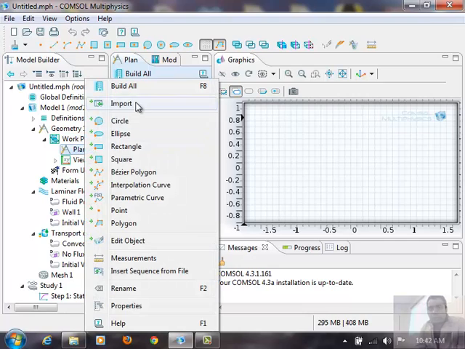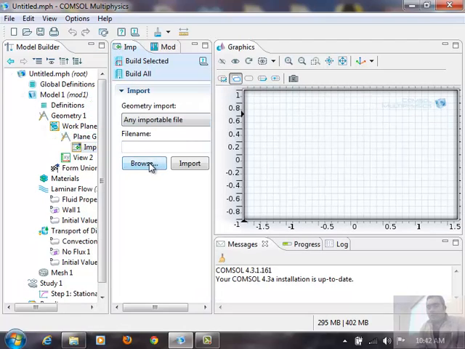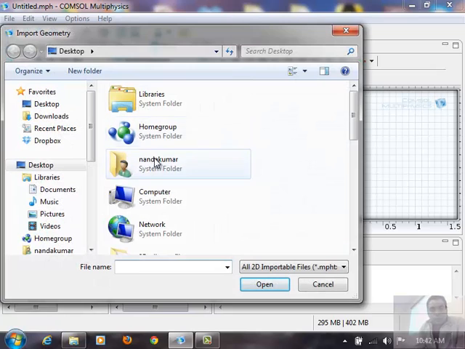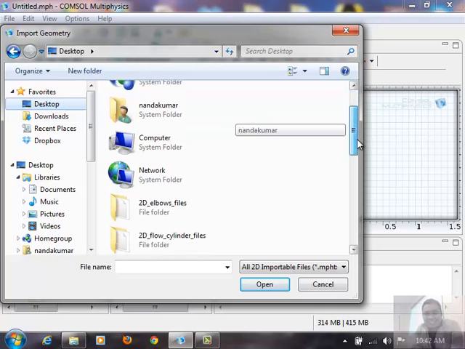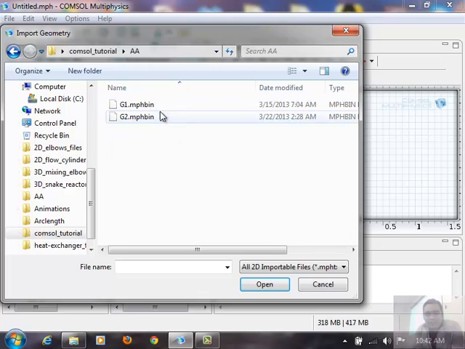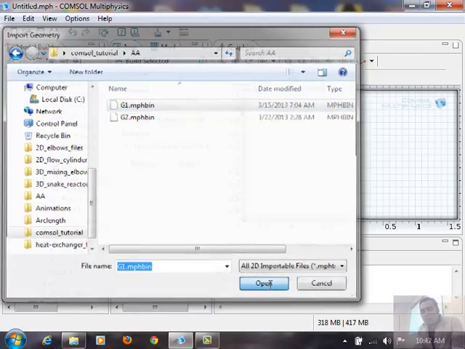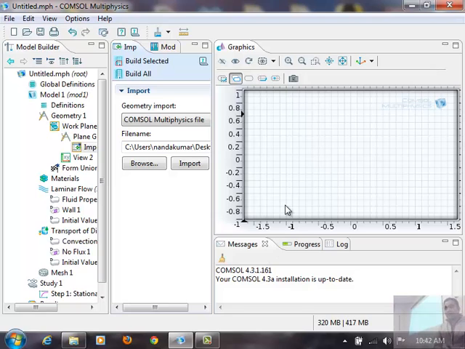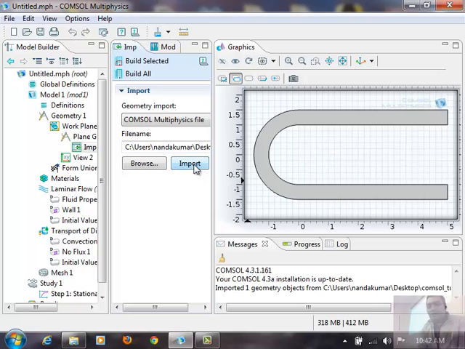geometry I'll right click and say import, and browse. Now I should find that file. Okay, so COMSOL tutorial is here, then this is the folder I saved. Click G1. I saved this file earlier from the 2D geometry which we created last time. So I click open and import. Okay, so this is the 2D geometry, and now we can just extrude this by right clicking this